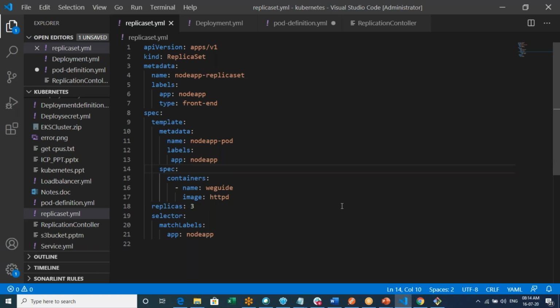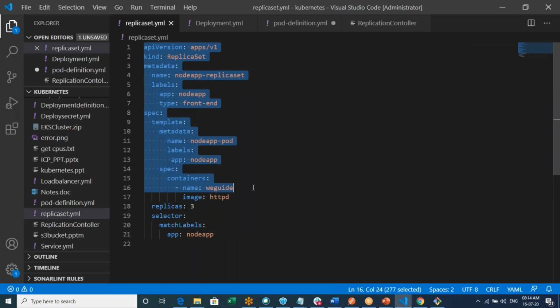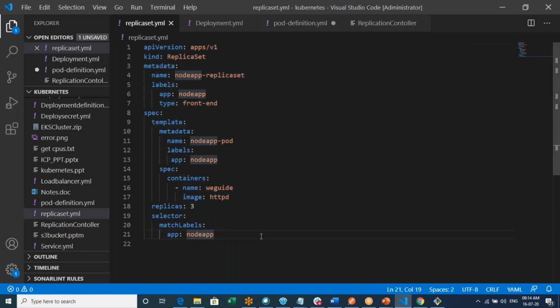Only the related pod name you should keep here. Yes, two replica sets will be there for the two different applications. Okay, so that is what I'm getting confused about.